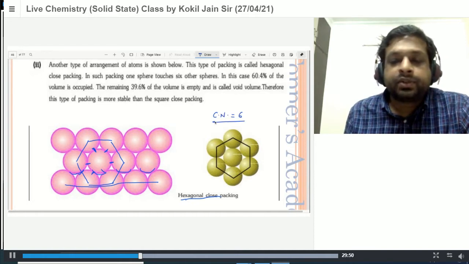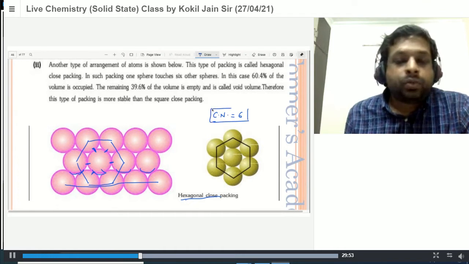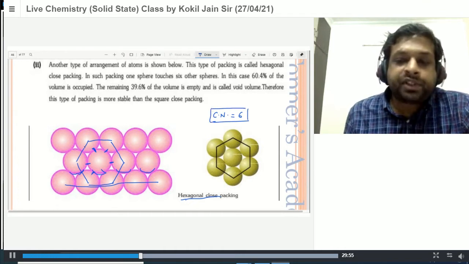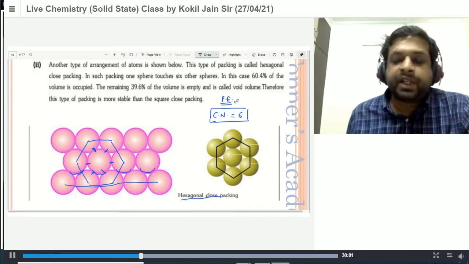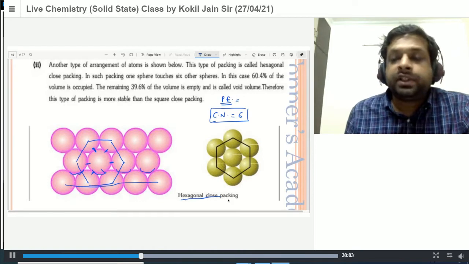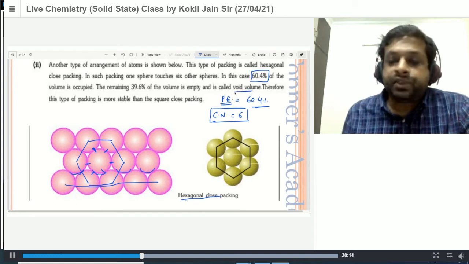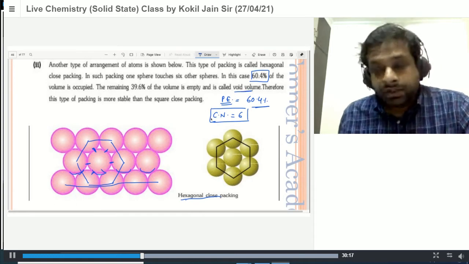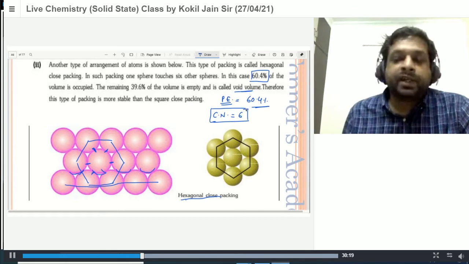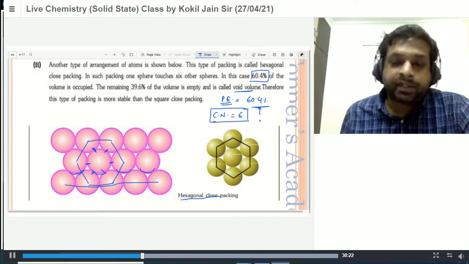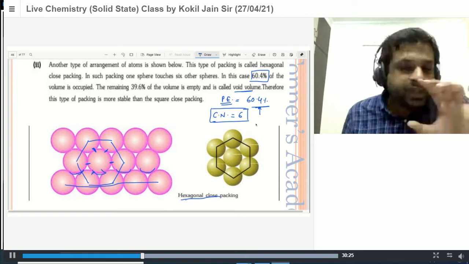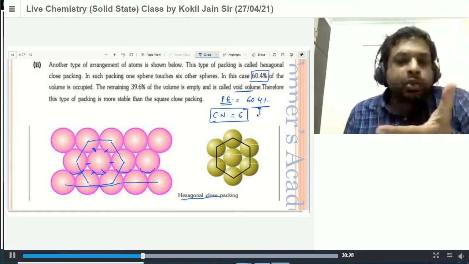Now, keep in mind when we try to calculate the packing efficiency, consider them as hard spheres. Although in this SCP arrangement, hexagonal close packing, the atoms are not hard as such, we are assuming hard spheres here, that all the atoms are of equal volume. As I told you earlier, the one which has higher packing efficiency will be more stable, because that will have the lower energy.